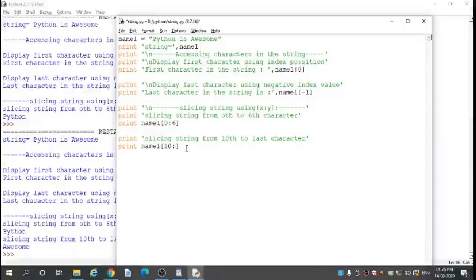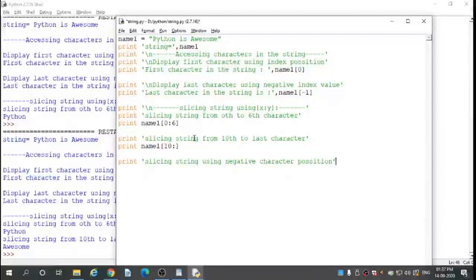Go to the next. Print in single quote, slicing string using negative character position.